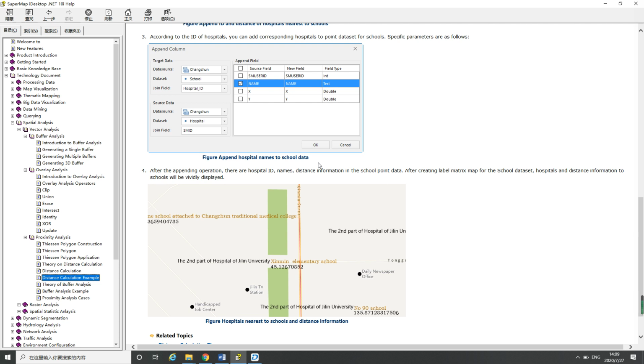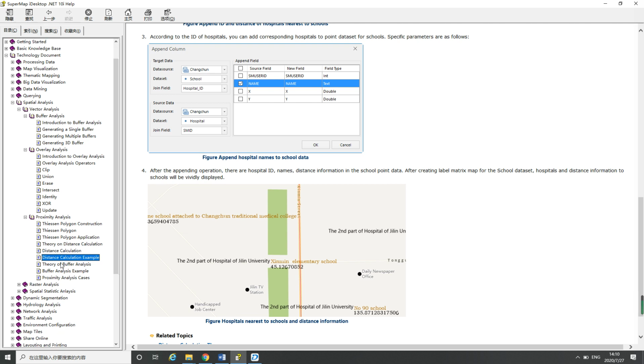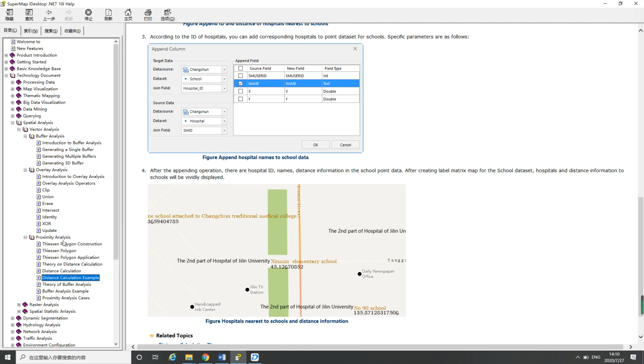you can use this distance calculation to calculate the distance of all the hospitals from you, and the results will return you the nearest one. So that is distance calculation. And also